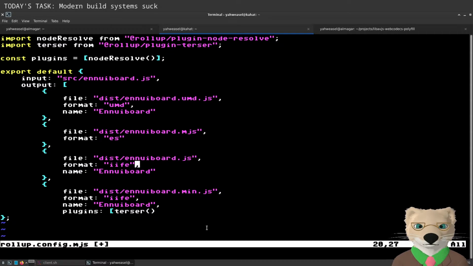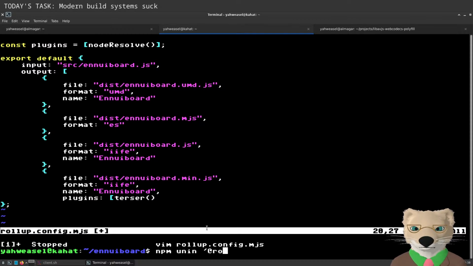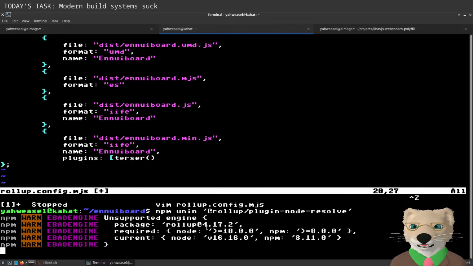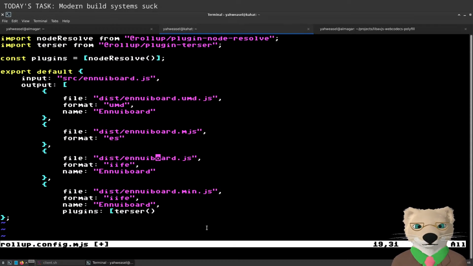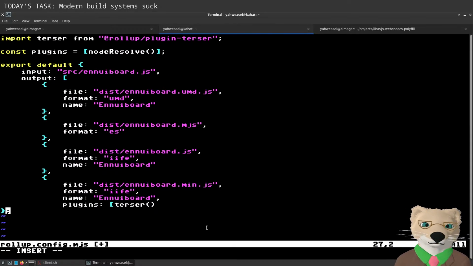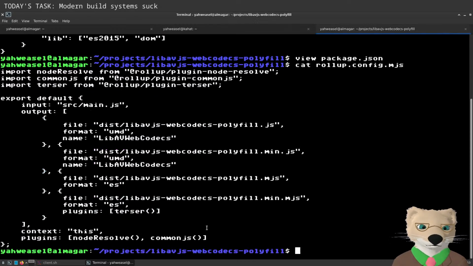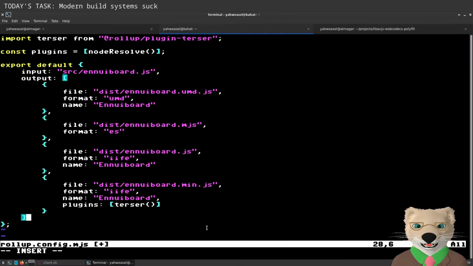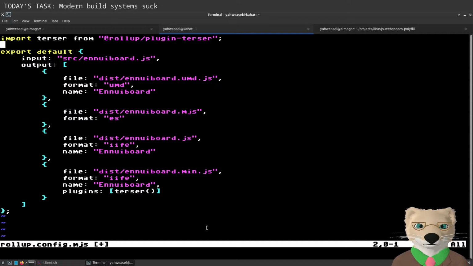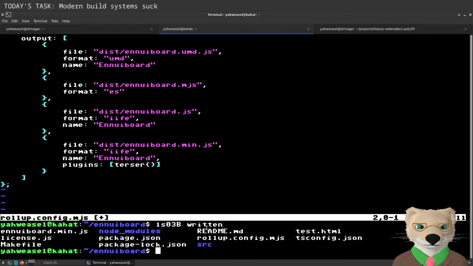Should not be using Terser in general. Do I need Node Resolve? I have no dependencies. Why would I need Node Resolve? I have no dependencies to resolve. I think I had this conversation with myself already and it's not installed. I had that conversation about CommonJS. I need no plugins, please. There are no plugins for this. This is a little bit too simple to need any plugins. Other than Terser for the minified version, that is.